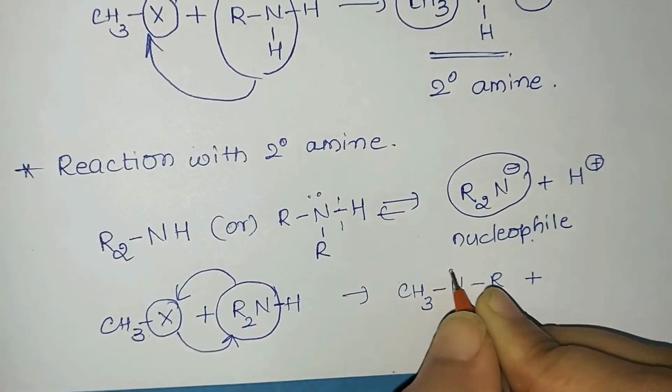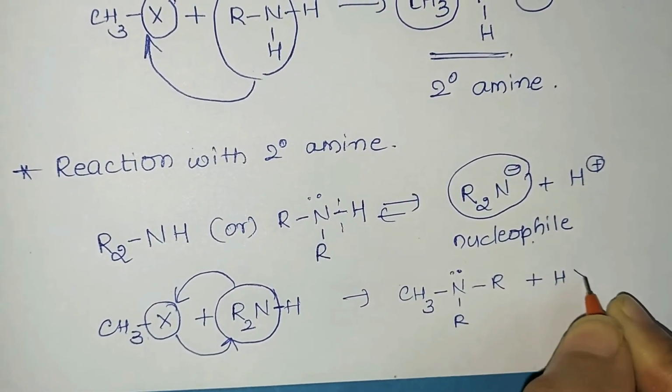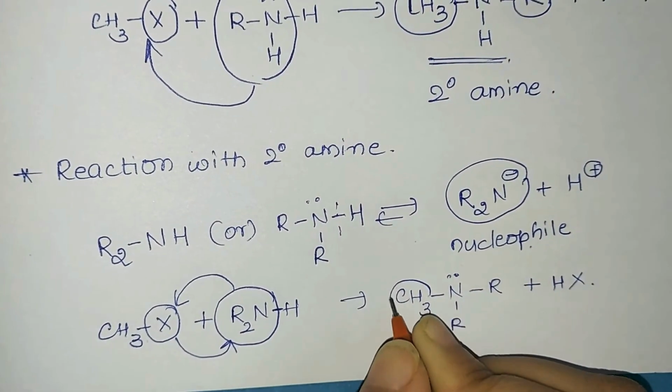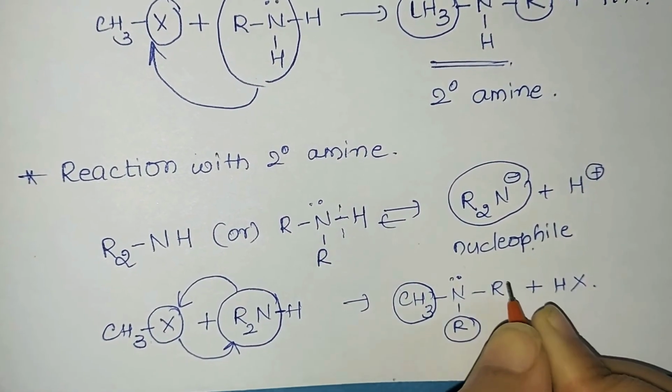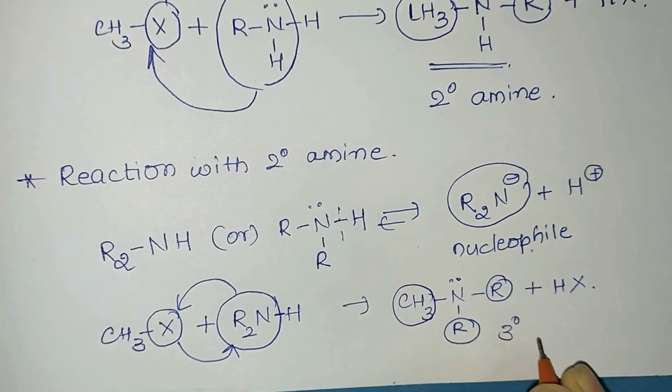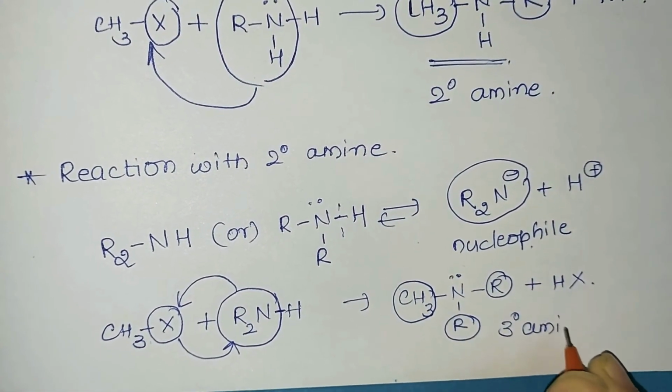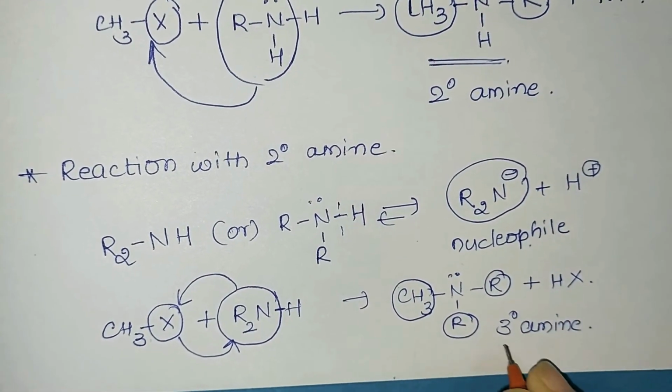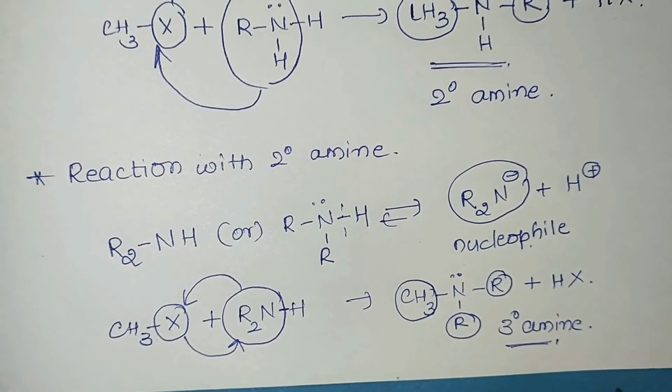So here you can observe that nitrogen is surrounded by how many alkyl group? 3 alkyl groups. So we call it as a tertiary amine. That is 3 hydrogen are replaced. So this is our product. So this is what you will be studying further in detail, called as ammonolysis reaction in the unit amines.